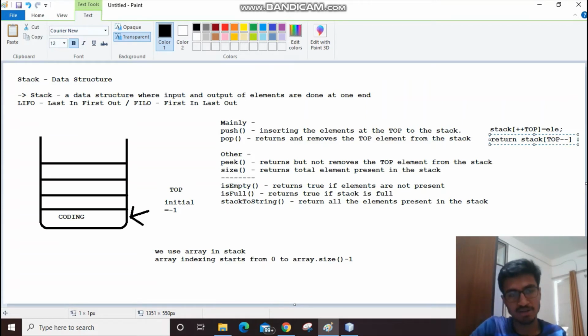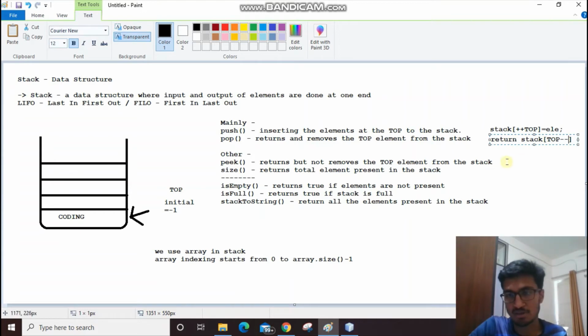The current top element is returned, and then we simply reduce the top value. We do not need to change the values already present, because without using top we are not going to do any operations. Top is regulating everything, so we just have to decrease or increase the top pointer.